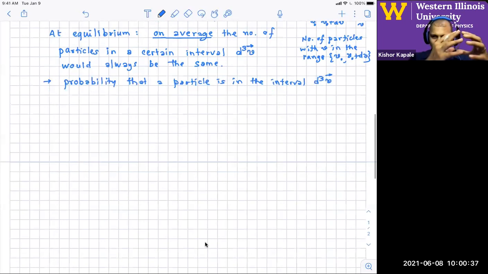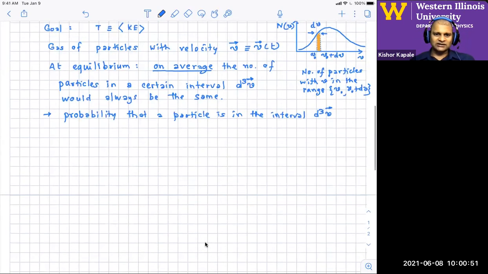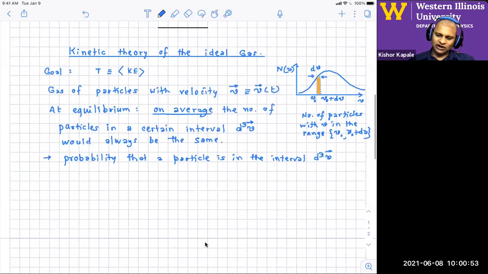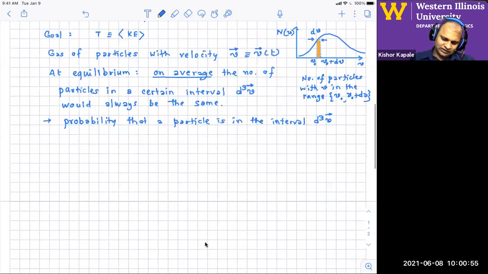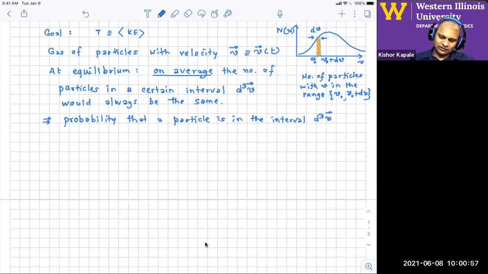So we went from numbers, how many actually contains, to the probability of an individual particle to be lying within that velocity interval. And so then we get a velocity distribution, kind of like I showed in the diagram there. And that velocity distribution does not change with time, right? So this allows us to think of that, we are questioning what is the probability, and eventually we get a probability distribution. Let's call it